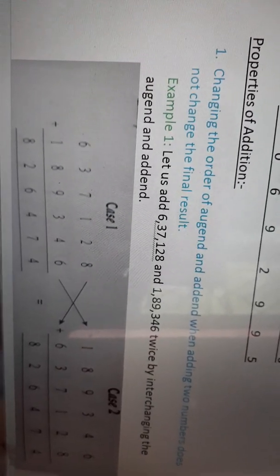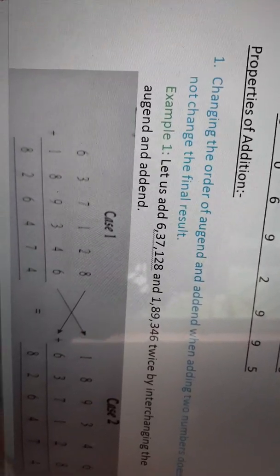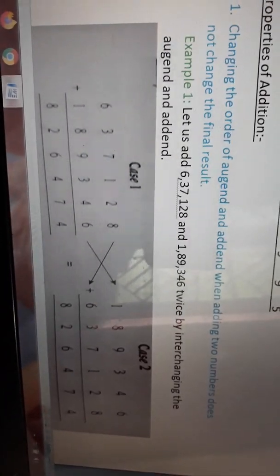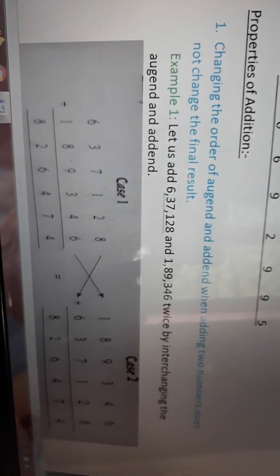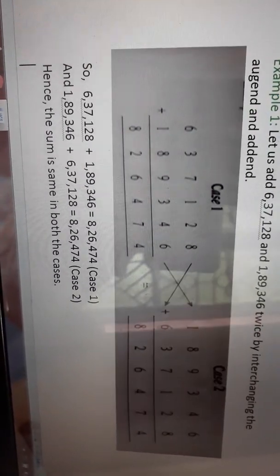But now if we interchange it, means instead of the augend number we will write the addend number, and instead of the addend number we will write the augend number. So you just change the numbers up and down. Let's see, in that case also we will get the same result. Both results are equal. So changing the order of augend and addend when adding two numbers does not change the final result. So in both cases we will get the same result, the same sum.